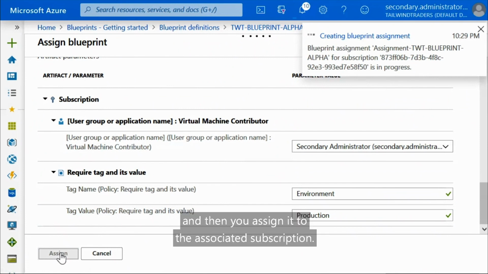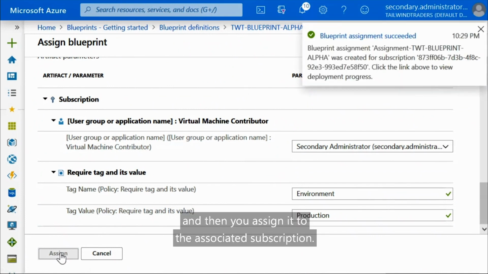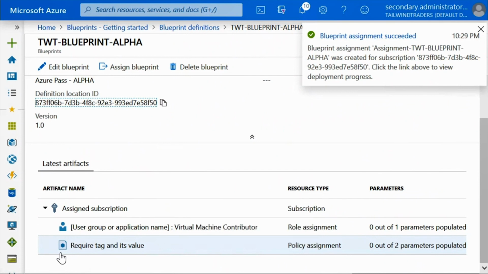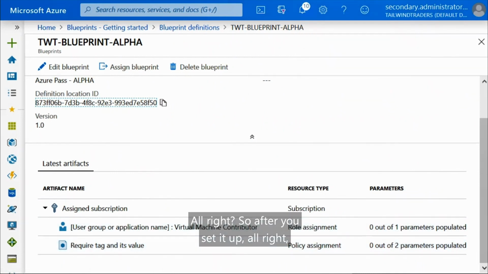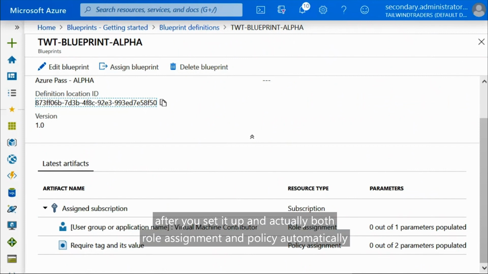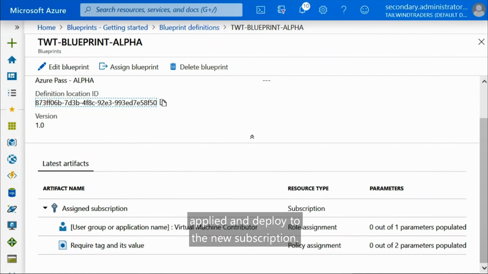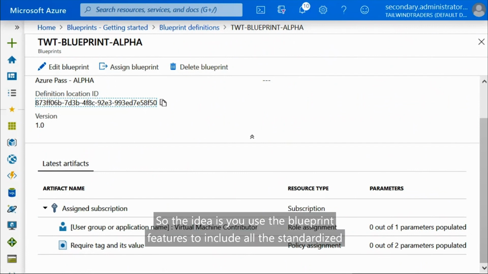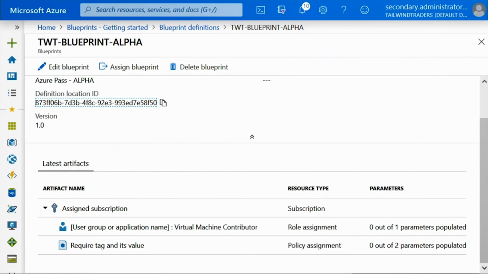And then you configure all this, and then you assign it to the associated subscription. All right. So after you set it up, actually both role assignment and policy are automatically applied and deployed to the new subscription. All right. So the idea is you use the Blueprint features to include all the standardized or required items in